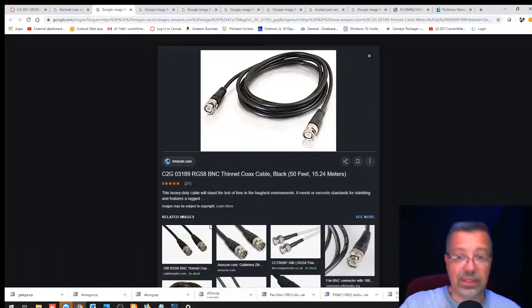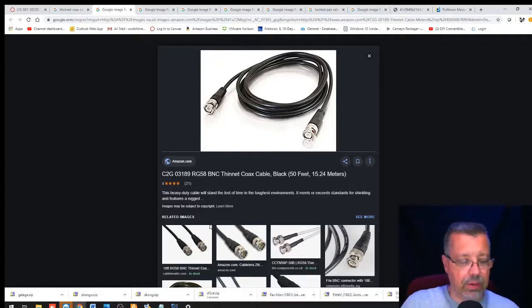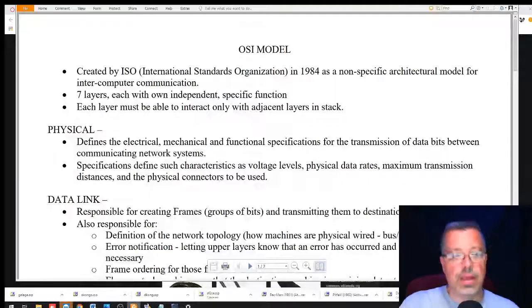BNC actually has several different meanings. British Naval Connector is the most popular. Bayonet Navy, and then British Neil Councilman are the three different ones. And I don't know that I have